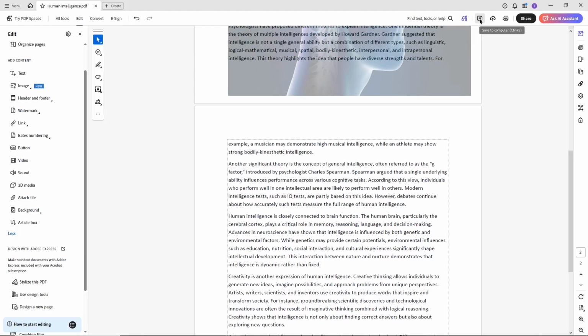Finally, look to the upper right corner of your screen and click the Save button. This ensures that all the changes you've made are permanently applied to your PDF. Without saving, those Bates numbers would still be there the next time you open the